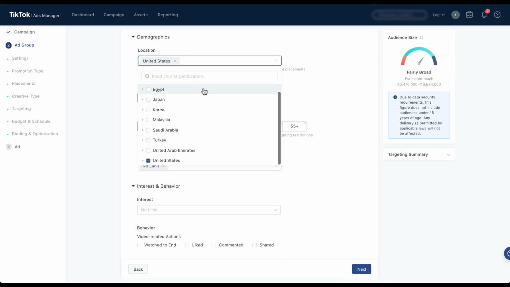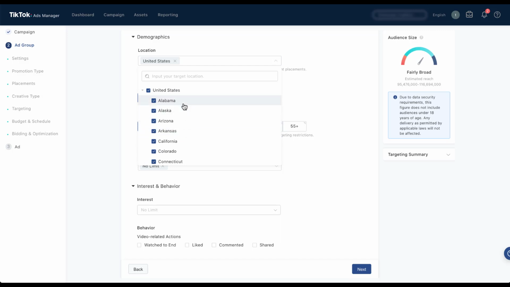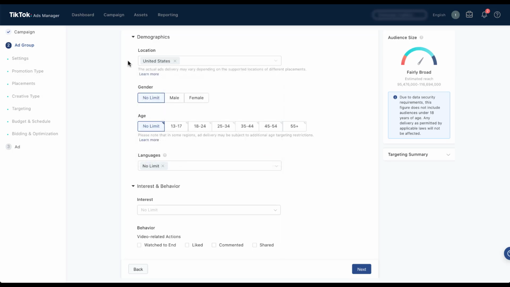If you want to narrow your focus within the United States, you can click the little arrow next to the name, and you can have a checkbox for each of the individual states, but that's pretty much it. There's no further targeting options geographic-wise, location-wise, on TikTok. Next, we've got some pretty easy options here for gender. You can either have no limit, you can target just males or just females, and then you can have different